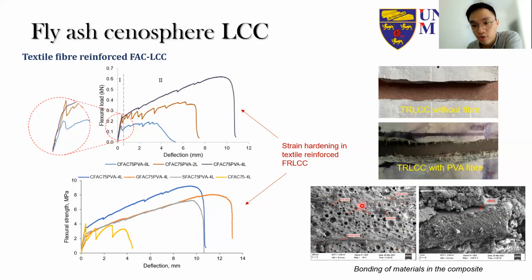So when we have these 2 layers of mesh, in between the mesh is the LCC itself. So when we have fibers in our LCC, the fibers can act as joining the meshes together,